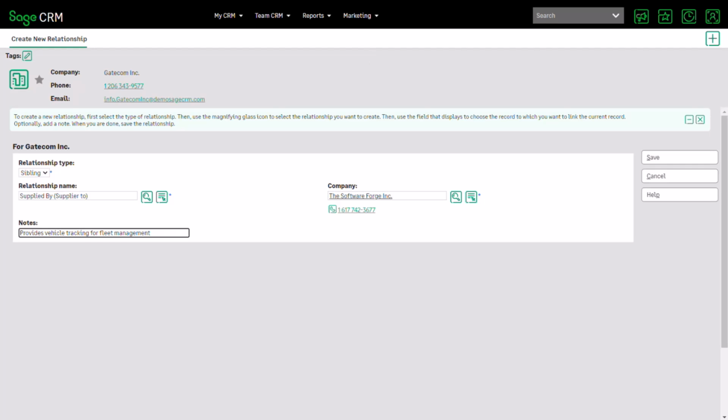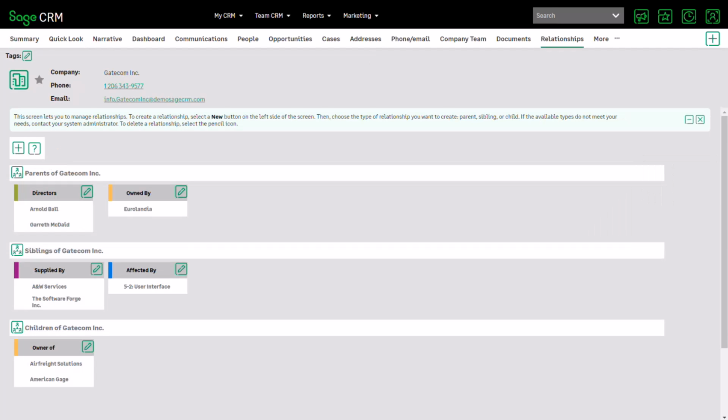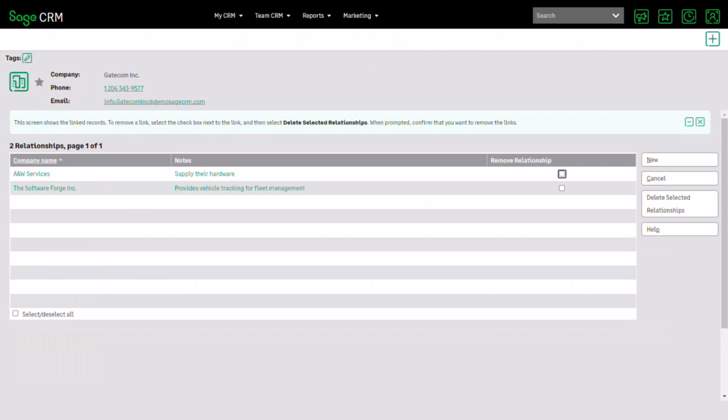So it's, if you like, where we can start to record intelligence about the relationships that one company has with another. And I can add that in, and we can see how we've extended now our information inside the relationships tab. This has grown now 2 additional relationships for Gatecom. We can manage relationships as well. And so if I click on the management of the sibling relationships, you can see that I've got the ability to identify here